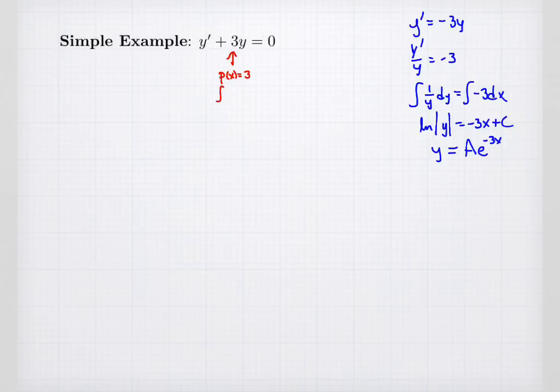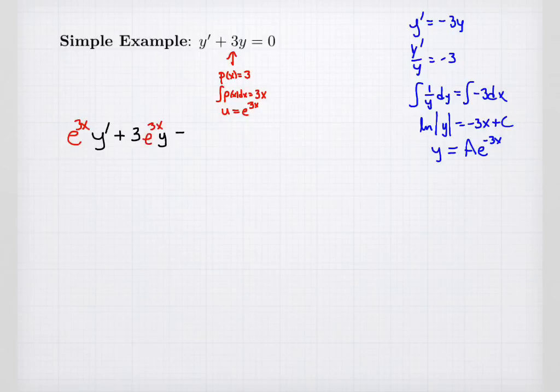So if I integrate that, I get 3x, and my integrating factor is e to the 3x. Alright, so what I'm going to do is take my original equation, y prime plus 3, times y, and let's put our integrating factor in, e to the 3x